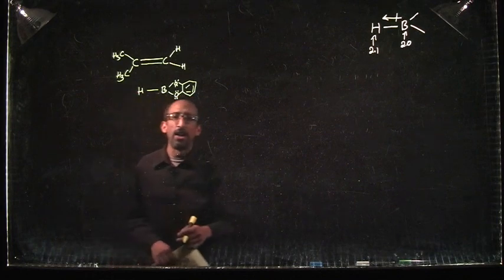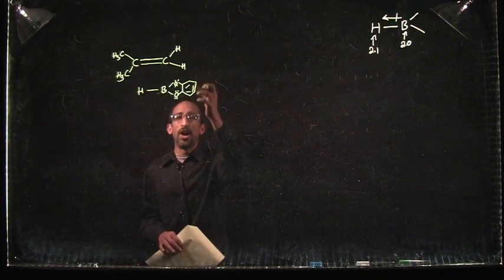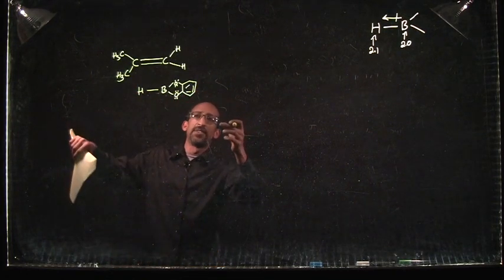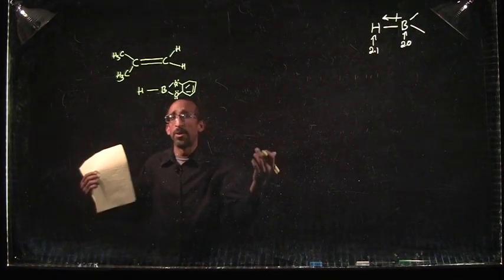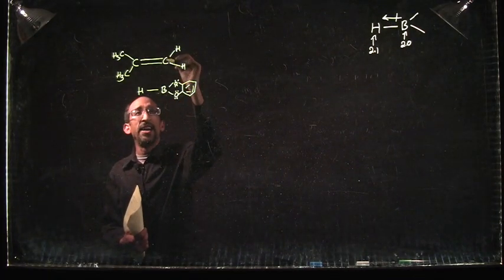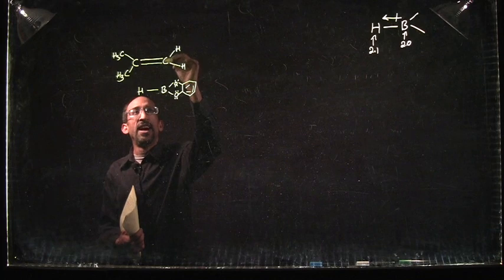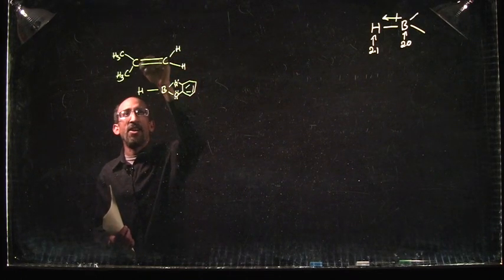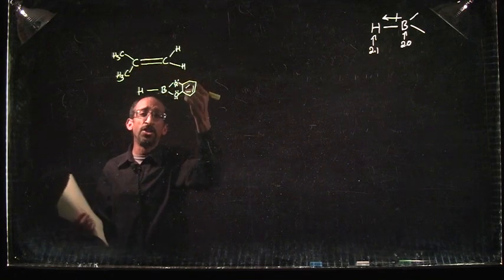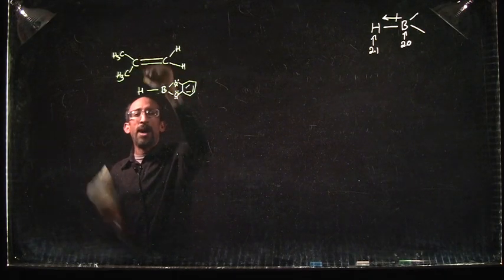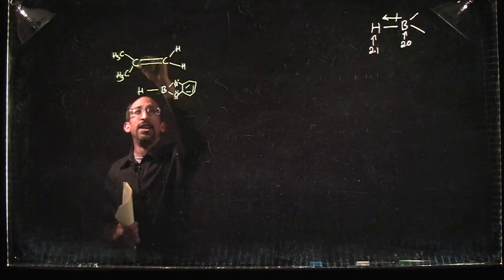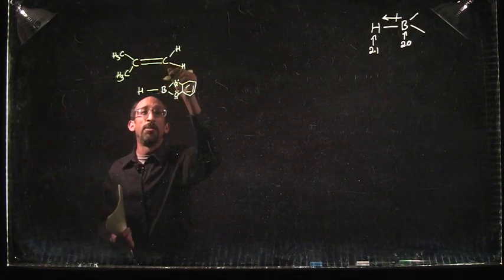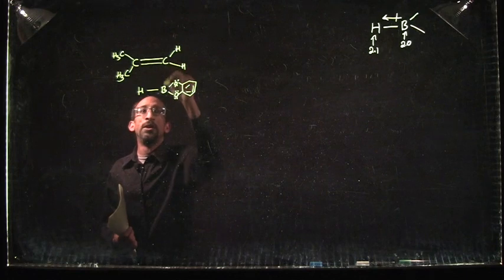Our electrophile is going to add to the carbon that would end up giving us the most stable carbocation. Here, if I make a carbocation at this carbon, it would be a primary. If I make a carbocation on this carbon, it would be a tertiary. So I want my positive charge to be at that tertiary carbon,